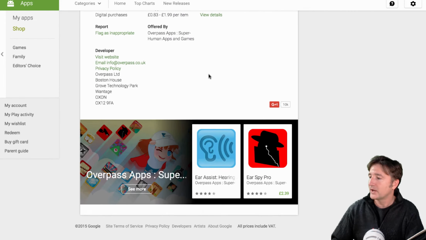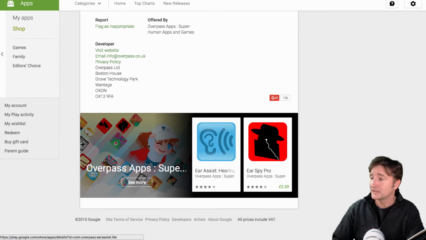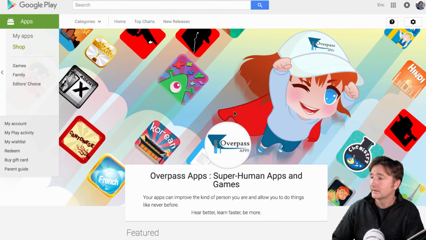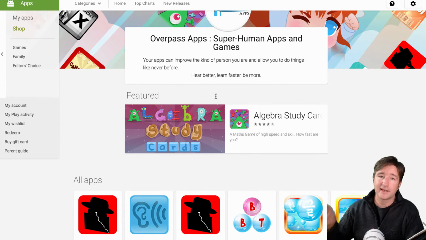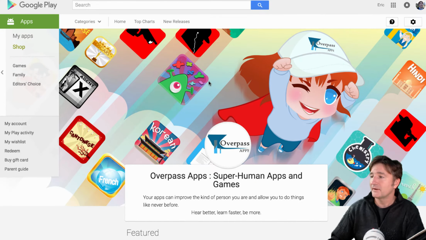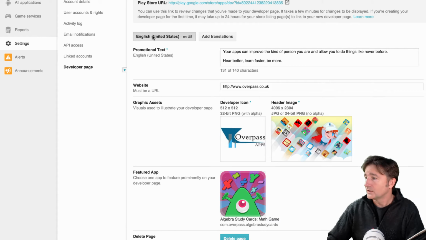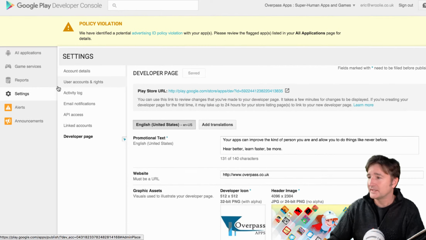And I scroll down, and at the bottom here, I see basically the developer page. So I see other apps from Overpass Apps, and I could actually go into this, and it's almost like a mini site within Google Play. So again, ideally when somebody finds your app, you want them to find other things that you've done too. So it all kind of helps. Almost everybody for our apps comes in through one or two routes. They're either a language learner or they're somebody who's downloading EarSpy. And what I want to do is introduce the other apps to those people too. So that's something that's fairly recent that they've added.